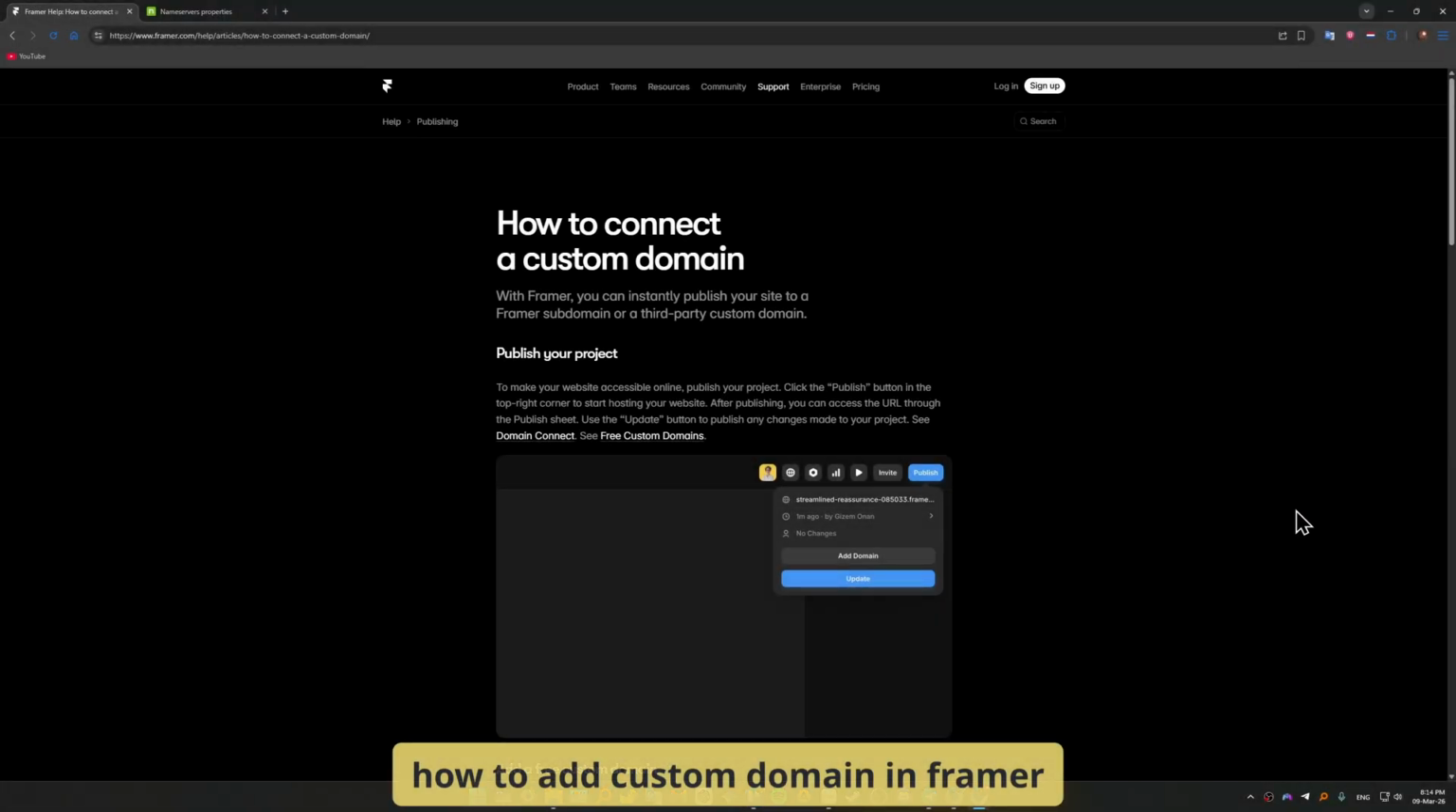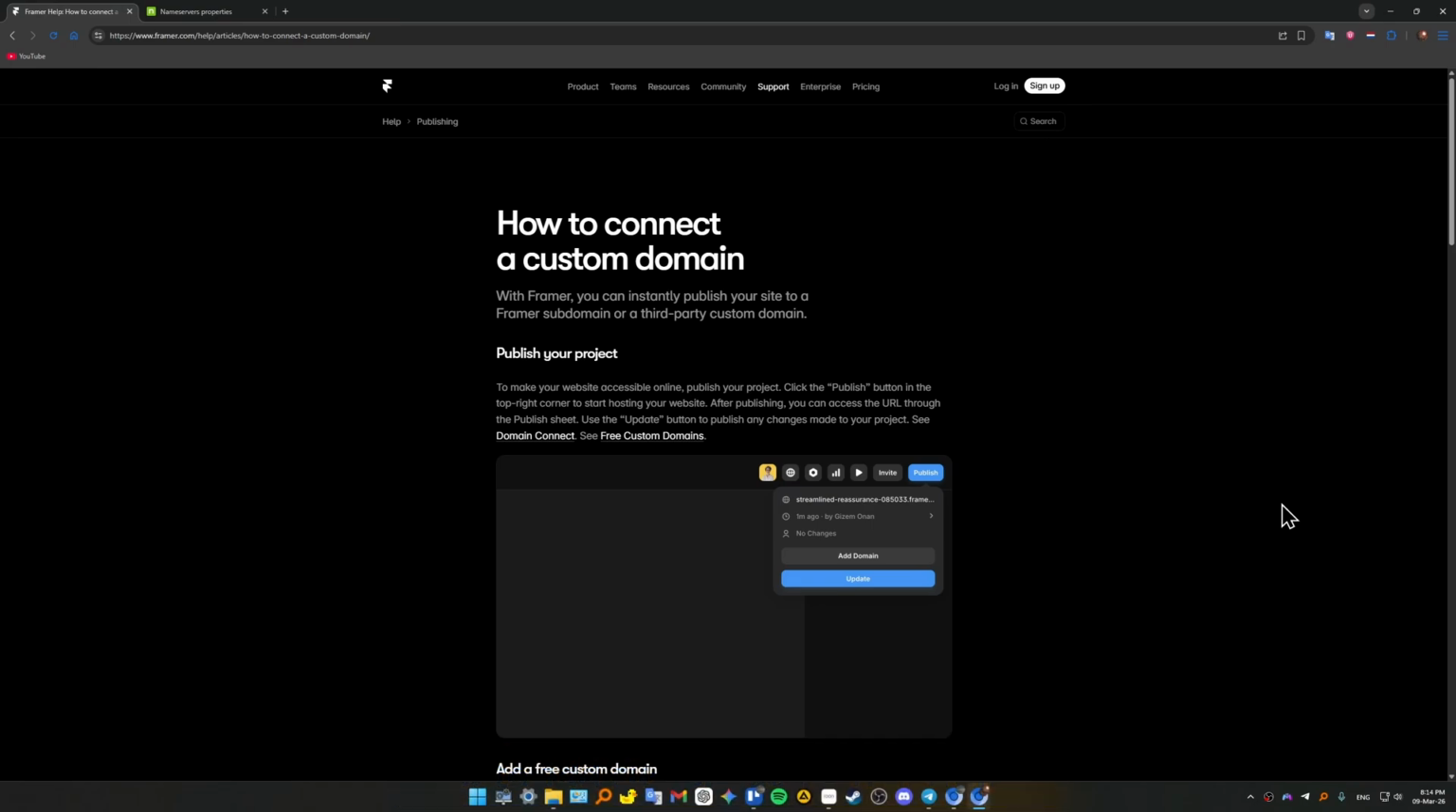How to add a custom domain in Framer. So Framer is a gold standard for high-end web design, but your site isn't truly finished until it's off that framer.website subdomain. So Framer's hosting this year is faster than ever, but connecting your domain requires a specific handshake with